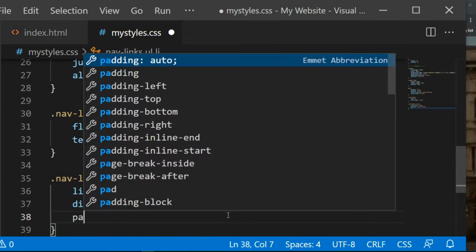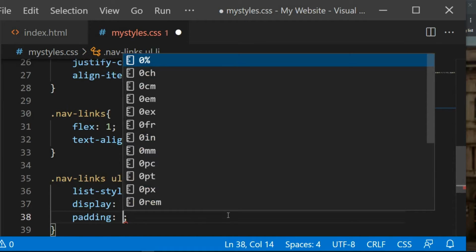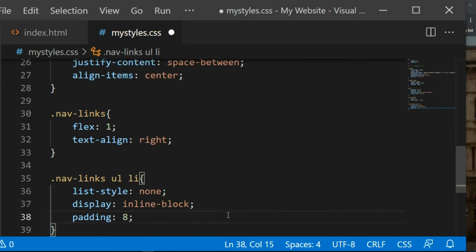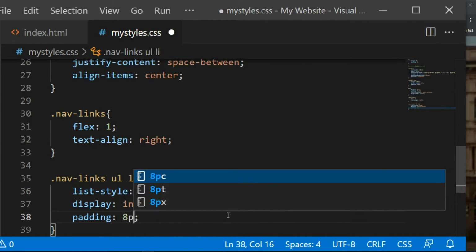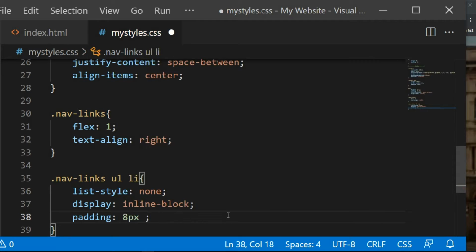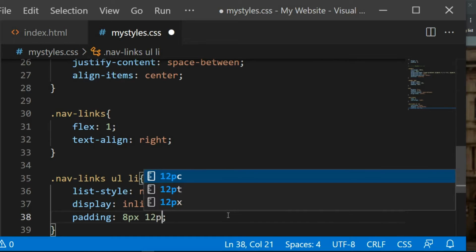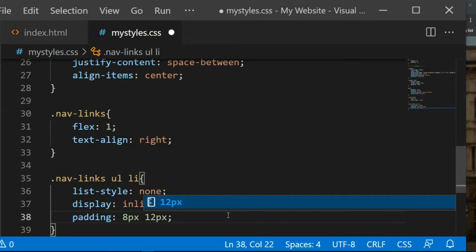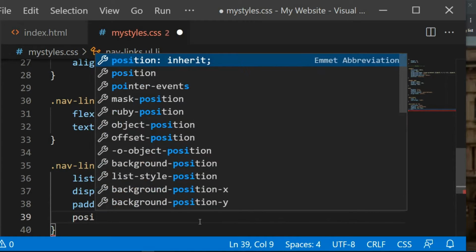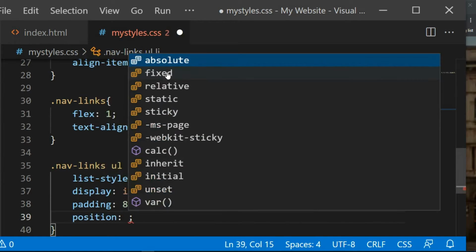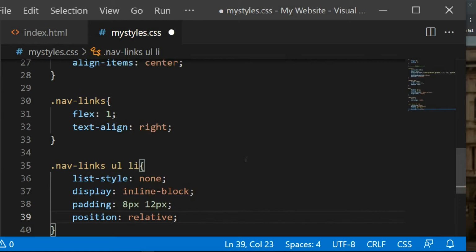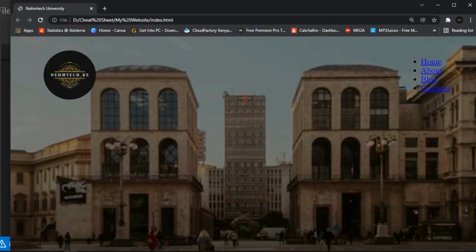And then padding, let's create some padding there. So the padding is going to be 8 pixel from top and bottom, and then 12 pixel left and right, and then another property, position, is going to be relative. And then I click Ctrl plus S, and then on the browser just refresh, Ctrl plus R to refresh. So as you can see, I have my